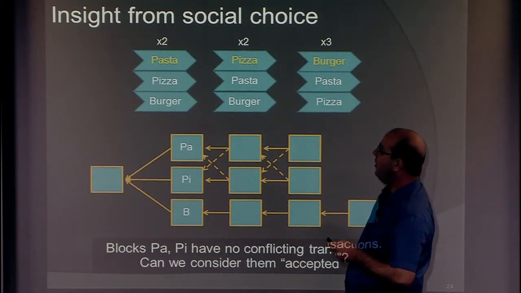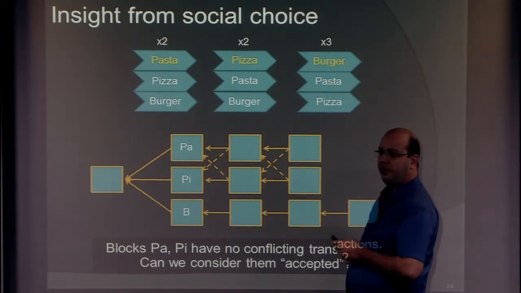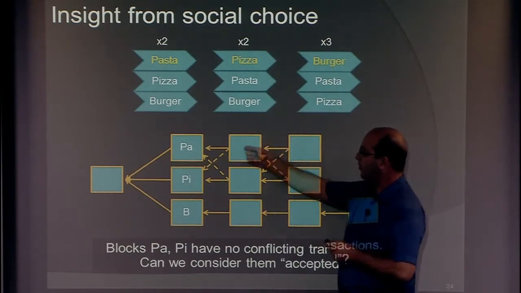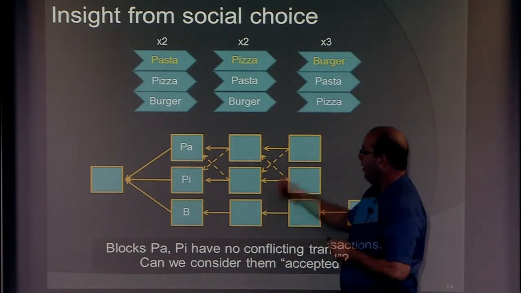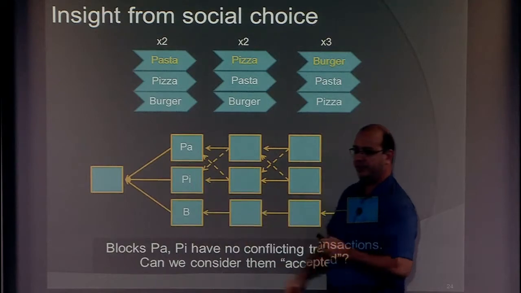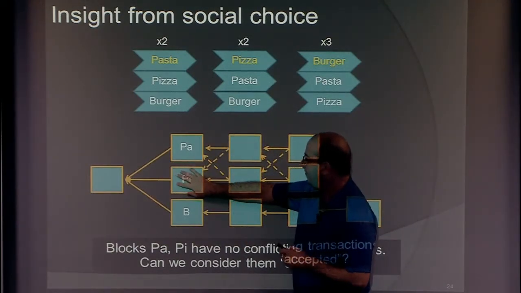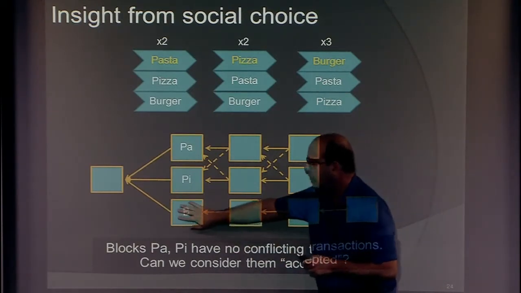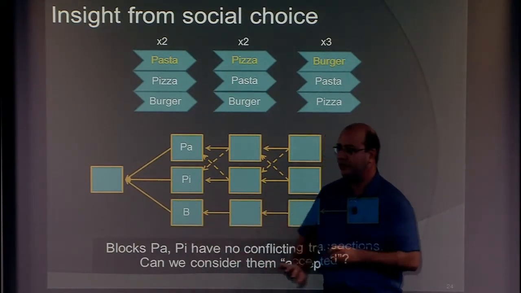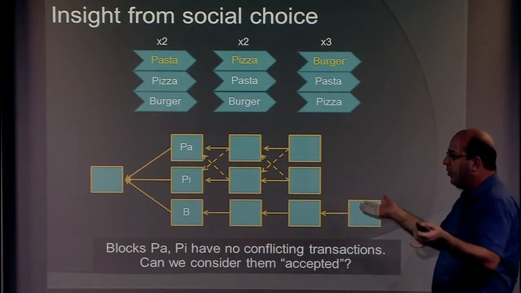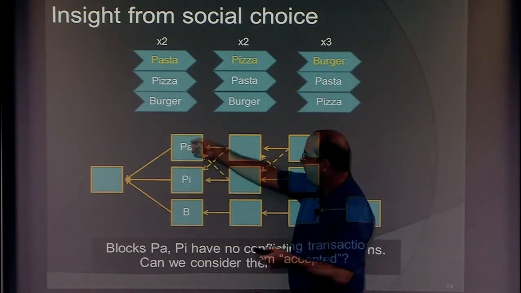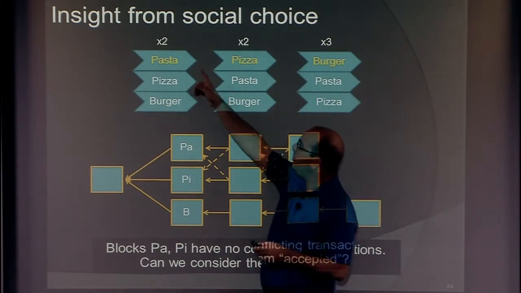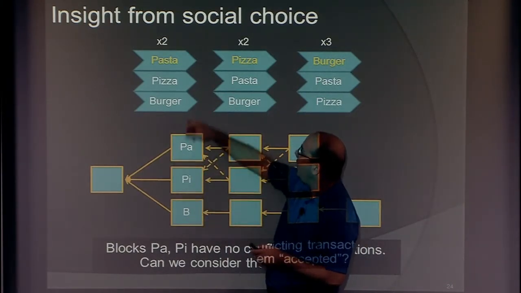So what I'm going to claim is that we have a voting situation where there are these two guys who really want to have pasta. And their second preference is pizza. Okay, why do they like this alternative? It's because this is a block that they've seen versus a block that they haven't, right? A block that you haven't seen might be an attacker. The block that you have is not an attack, because if there was a conflicting transaction here, we would know it because we saw the block. So this is an attack, right? And we like pasta over pizza.